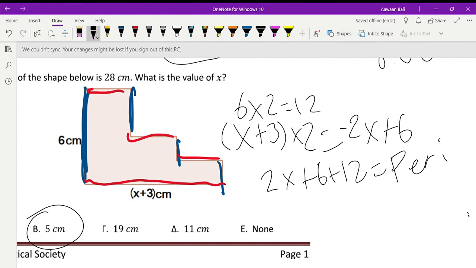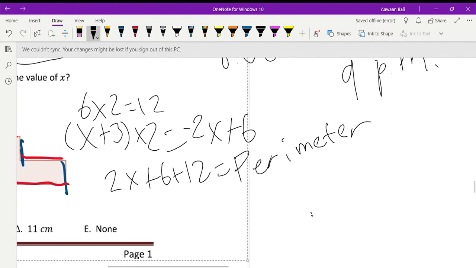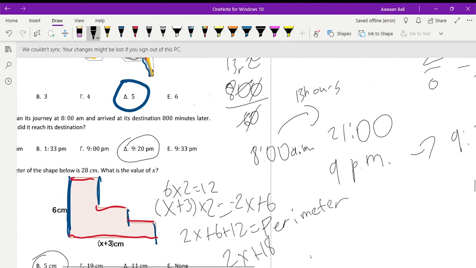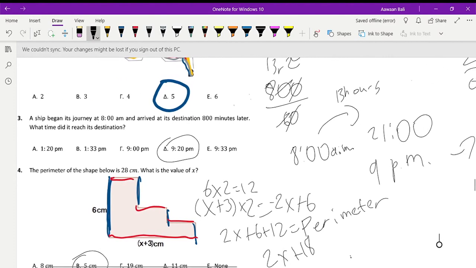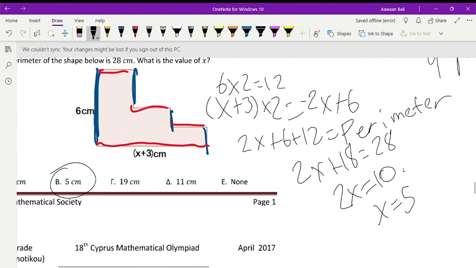You can simplify that by saying 2x plus 18. And anyways, we know the perimeter of the shape below is 28 centimeters from here. So put 28 there, and then 28 minus 18 is 10. You minus both sides by 10, so 2x is 10. And we always have to treat both sides the same, so that the equation will still be equal. So again, we divide both sides by 2. X is 5, which means